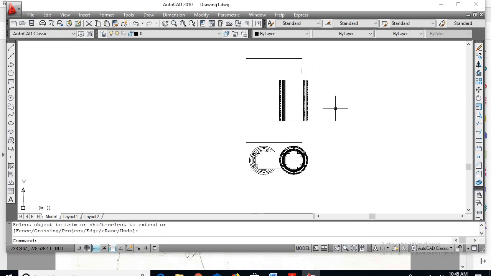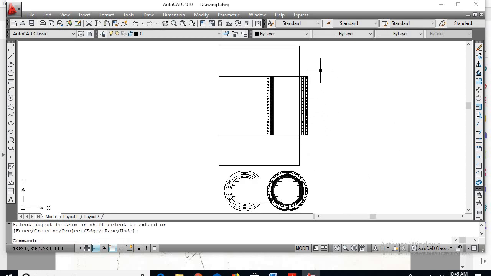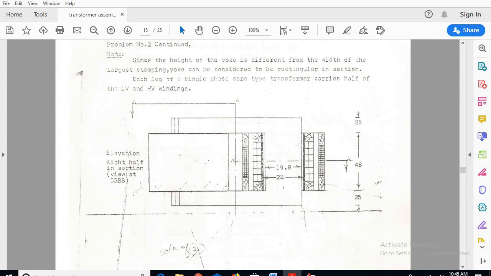Okay, so now this is your elevation part, that is right half section elevation we have shown. Okay, so you can see this portion. So up to here we have shown the windings at the right half of the section. So next I have to go for drawing the left half of the section.